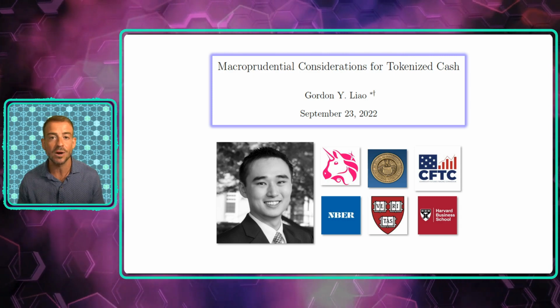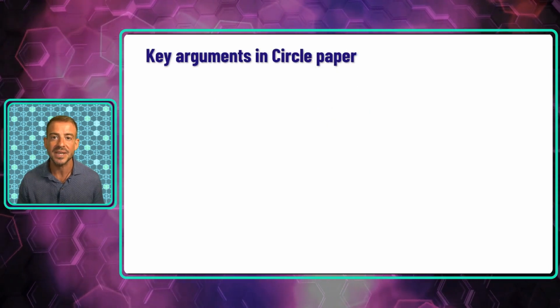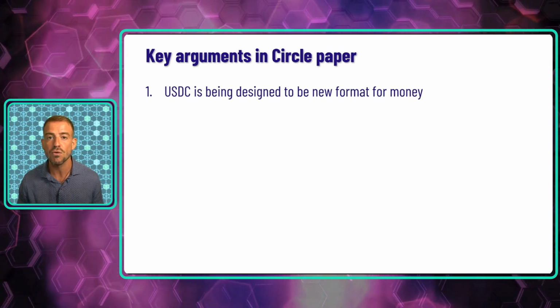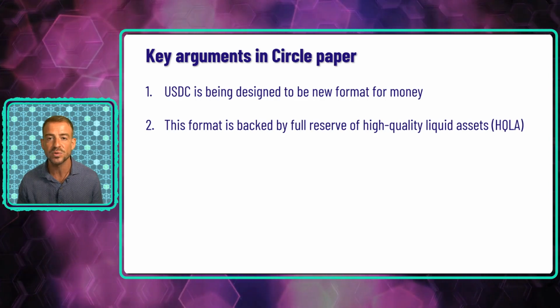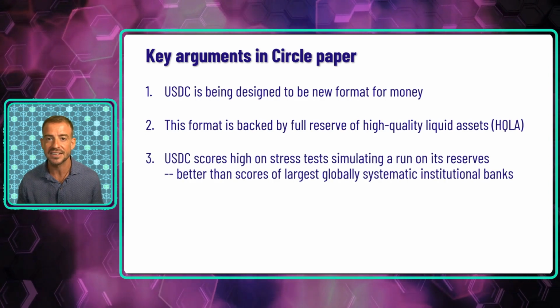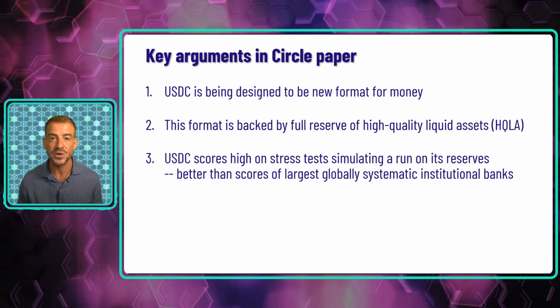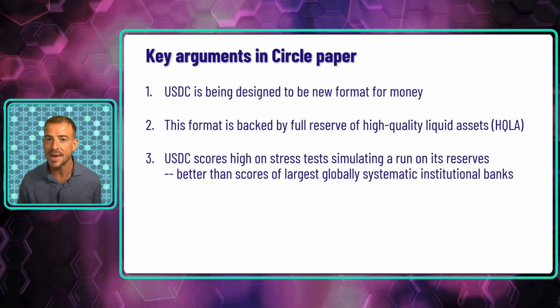Anyway, the thrust of the arguments in this paper come down to 3 points. USDC is being designed to be a new format for money. This money format is backed by a full reserve of high-quality assets. This reserve structure makes USDC safer than ordinary bank money, and that's demonstrated by USDC performing better than some of